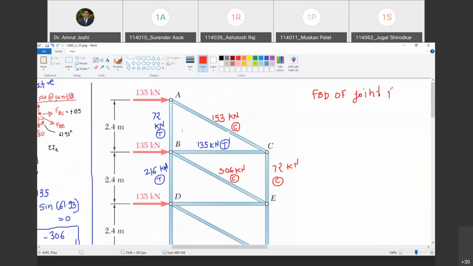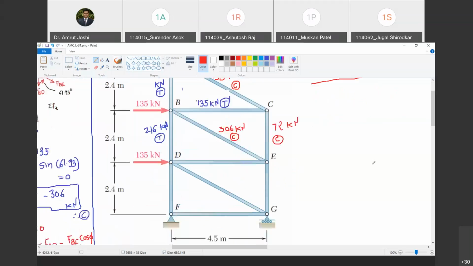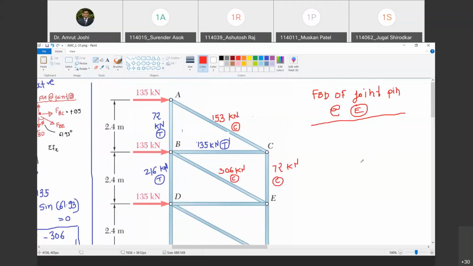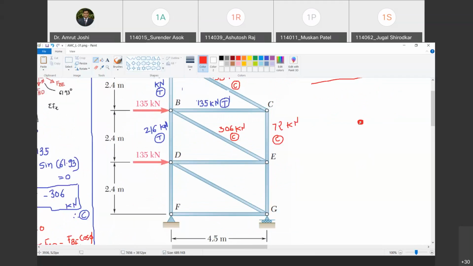So next thing I'm going to draw is free body diagram of joint pin at E. Happy? Yes, sir. So let us draw that free body diagram. How does that free body diagram look like? This is the joint pin at E. I free the joint pin from all external agencies, so free it from all the members, BE, CE and DE and also EG. We have to show what these members must have been doing. So I am going to say that all the members must be in tension to start with.